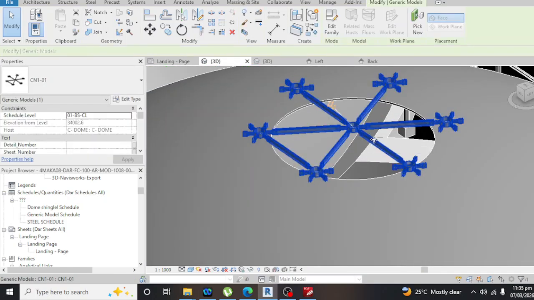Also, in the last two meetings that I've been in with the design manager, all the subcontractors don't know how to.